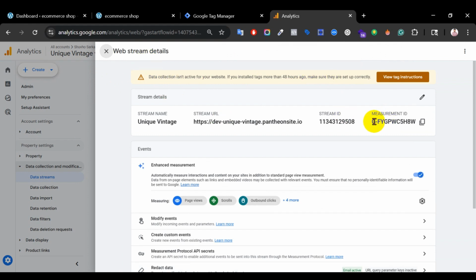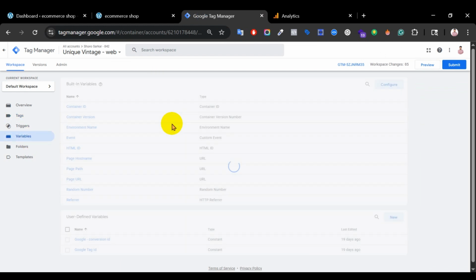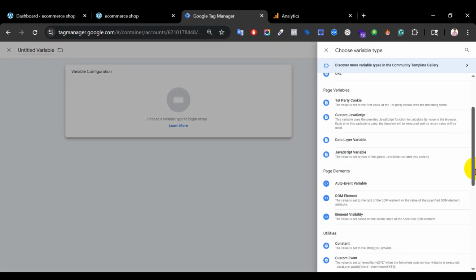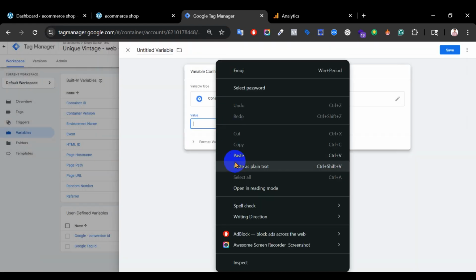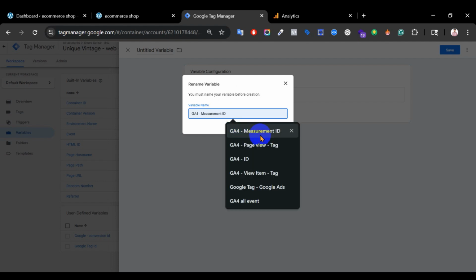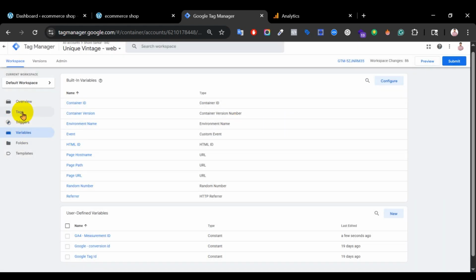Copy the measurement ID and go to Tag Manager, create a variable, here a new constant variable. Here paste the value and name it GA4 measurement ID. Okay, save it. Now create a tag,